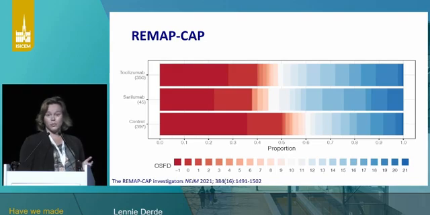It summarizes the primary endpoint of that trial, which is organ support-free days, an ordinal scale in which -1 is assigned to every patient who dies in the hospital. So even if you have 20 days on organ support, we feel you're better off than being dead. So being dead is the worst outcome. And you can see more blue in the intervention groups compared to the control group, meaning both tocilizumab and sarilumab